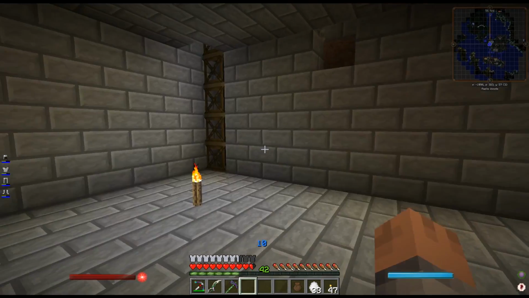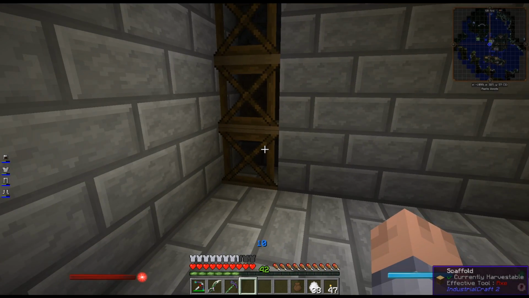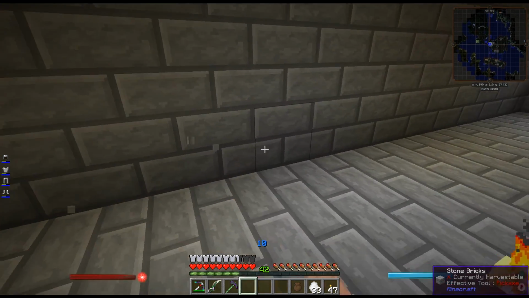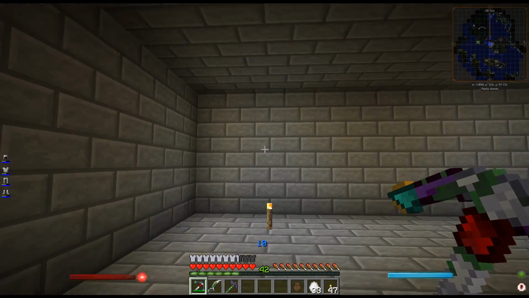So I want to set up the harvester first and get that logic set up. And this is, like I said, 21 by 21. So 1, 2, 3, 4, 5, 6, 7, 8, 9, 10. So that should be 1, 2, 3, 4, 5, 6, 7. What? Oh, because